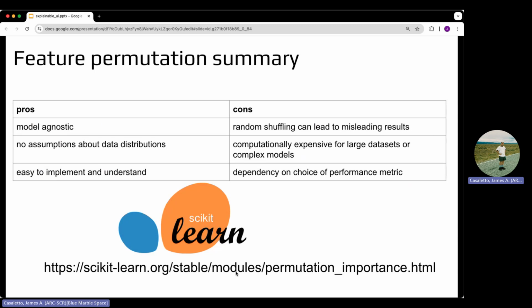The cons are, one is that random shuffling can lead to misleading results. Because how you shuffle the features, it could lead to misleading results. It's also computationally expensive for large data sets and complex models. And the quality of this feature importance using feature permutation depends on your performance metric and which one you've chosen. So scikit-learn has a permutation importance built into it, and that's what we'll be using in the hands-on